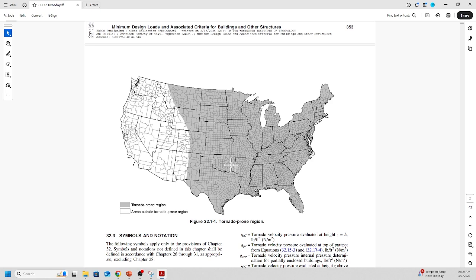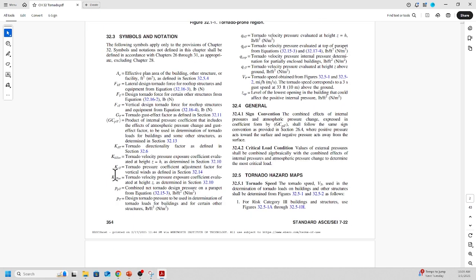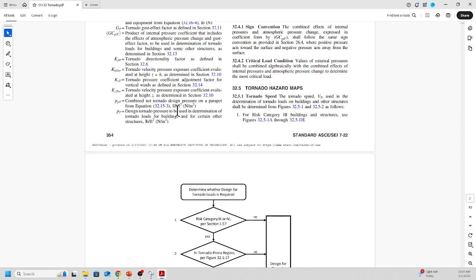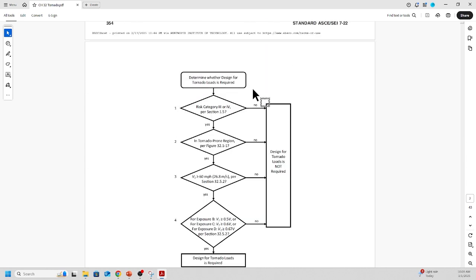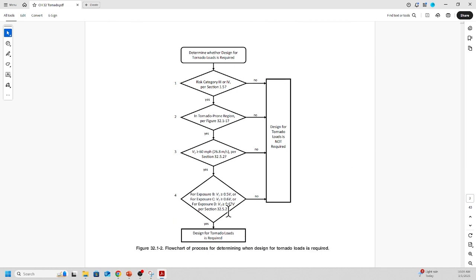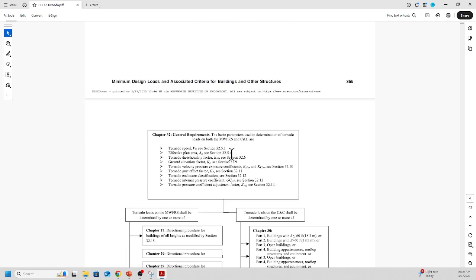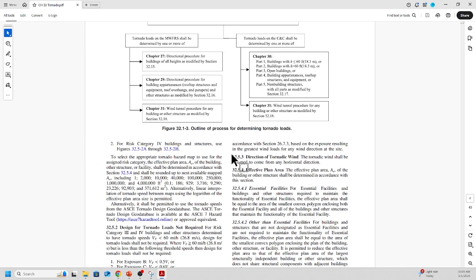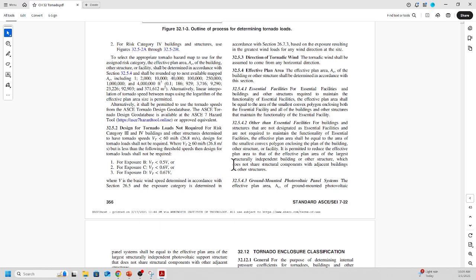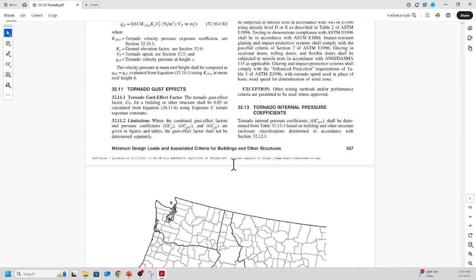And then there are all these explanations of what all these factors are, and we will go over them, and I even give you a flow chart on how to calculate the tornado. And this is really useful. Go through all these steps to calculate the design tornado load, which we're going to go through. If you have done a wind design, you have already been through these things. One of the things I want to show you is,